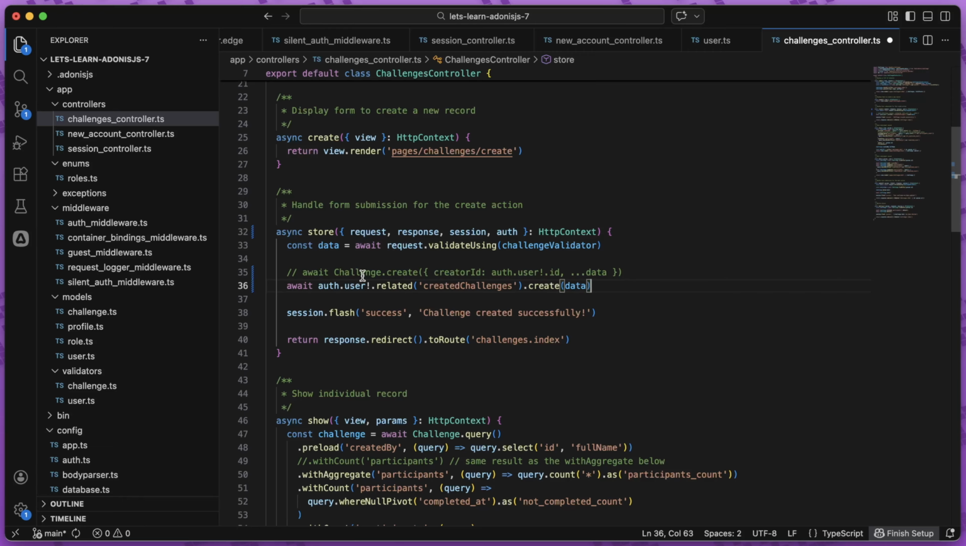relationship. And in turn, this is going to do the exact same thing as what I have commented out right up here. It's just going to take what it knows about the relationship for our created challenges off of our user and use it to populate properties as needed. So it's going to autofill in the creator ID here as it creates the challenge through this relationship. So either one of these will work just fine, and I'll go ahead and leave them both in here for